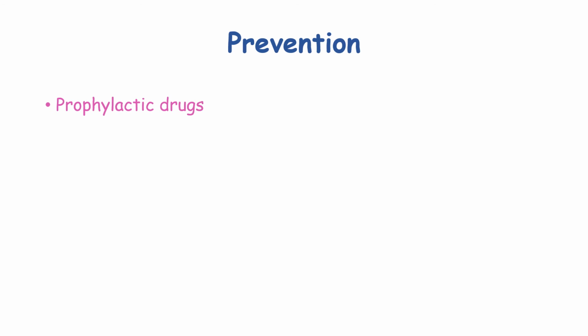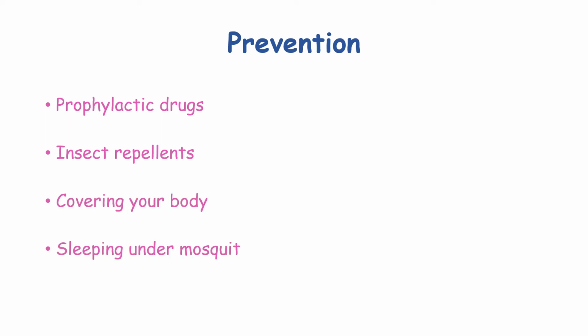Malaria can be prevented by taking antimalarial tablets when traveling to an area where malaria occurs. Preventing mosquito bites, for example, by using insect repellent and covering the arms and legs. Sleeping under a mosquito net and administering the vaccine to children who live in places where malaria is endemic.